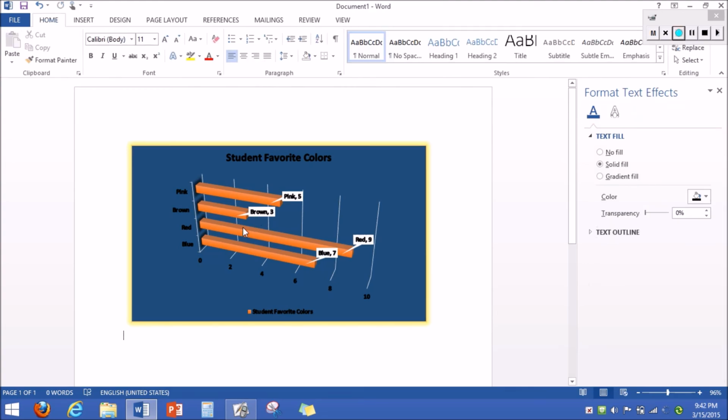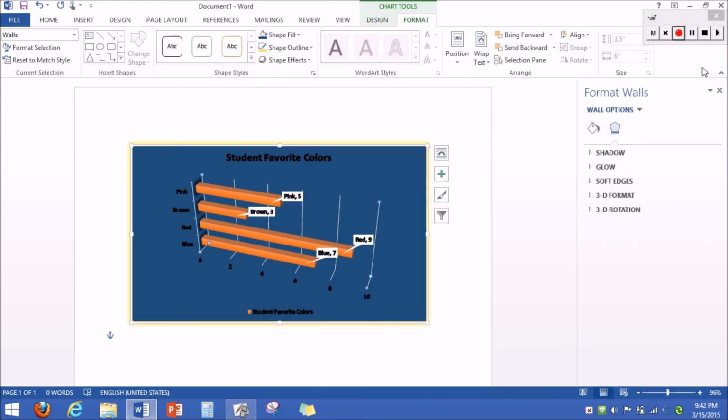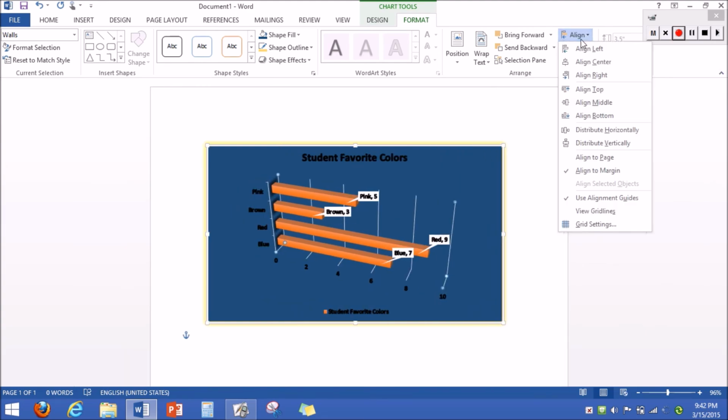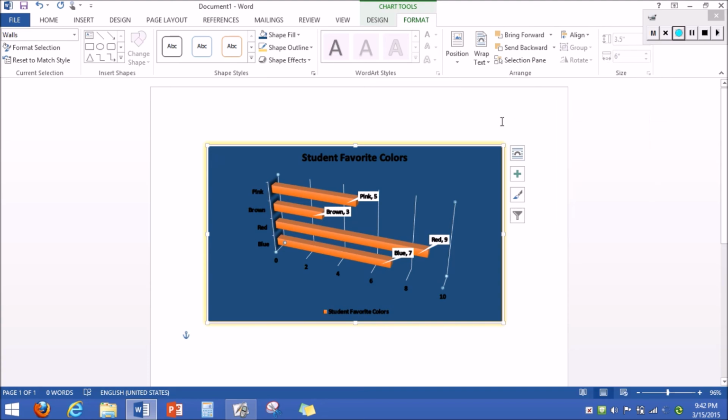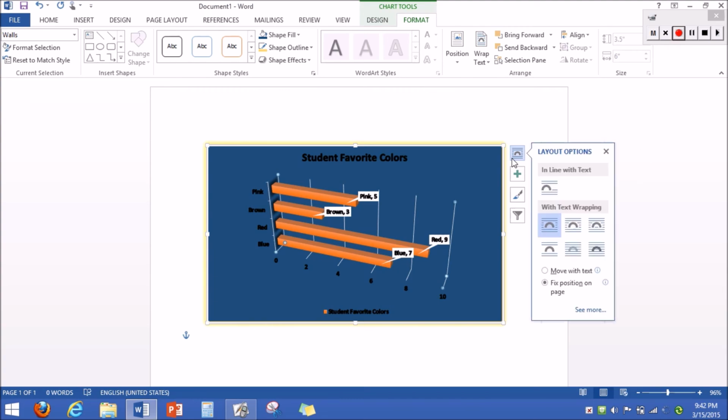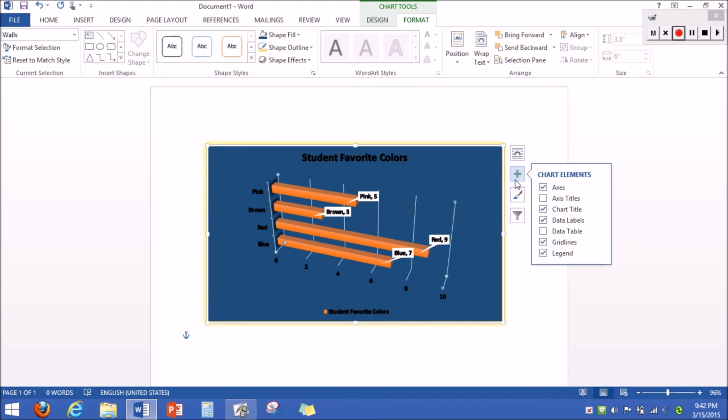And you even have the alignments right here. Align bottom, align. And another thing that you have on here is the 4 icons. Now these allow you to do some of the things that are up here on your chart tools, like layout options: choose how your object interacts with text around it. Like I said earlier, like with position. Or if you want it behind the text, top to bottom. But since I don't have text, it doesn't really change. You also have chart elements,